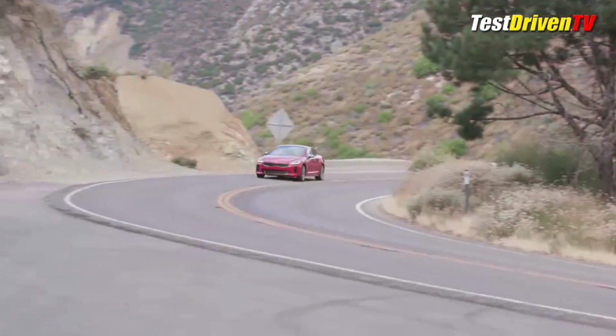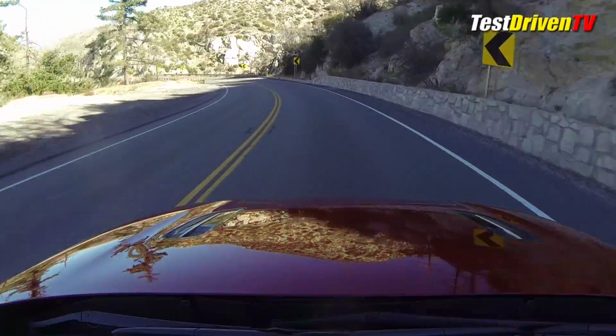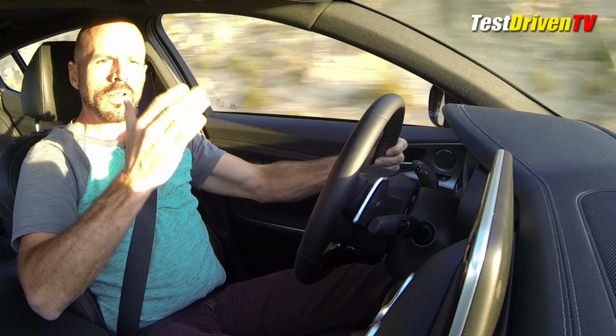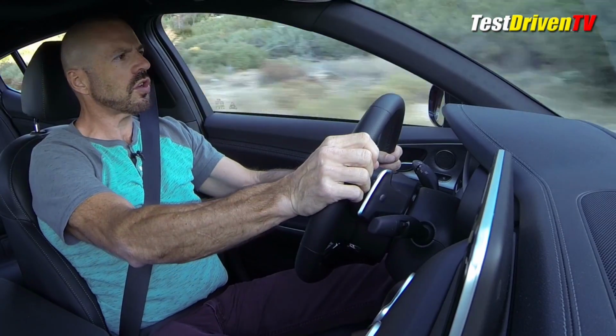This has the variable gear ratio steering, which speeds up the steering ratio when you're in a tight mountain road such as this, or in a parking lot. When you get out on the highway, it slows that ratio down and gives you more high-speed stability feel, so it's not quite as twitchy at speed. Not really noticeable at all when it's changing ratio. You don't really